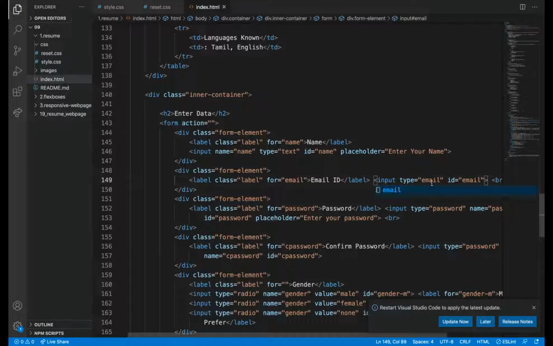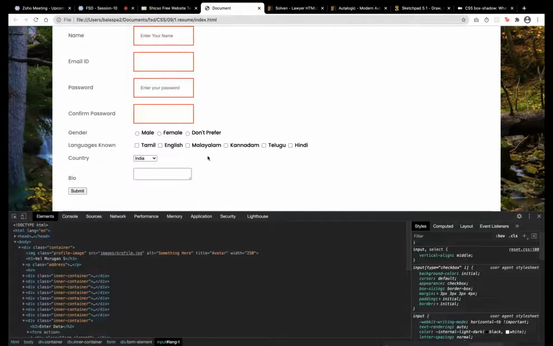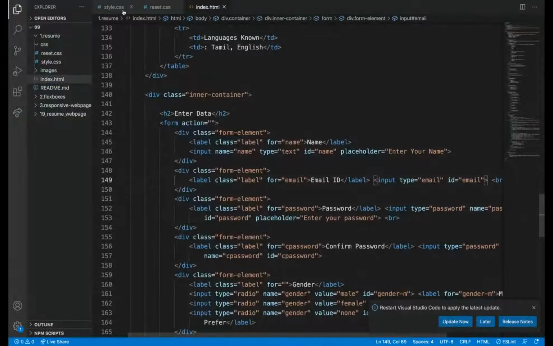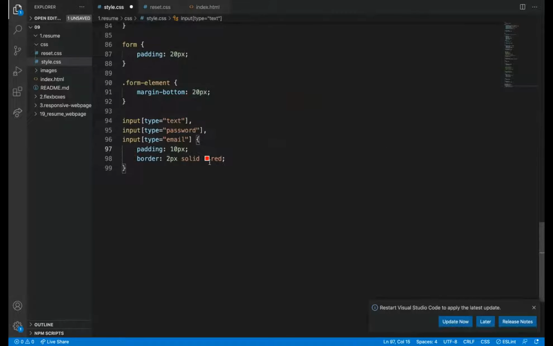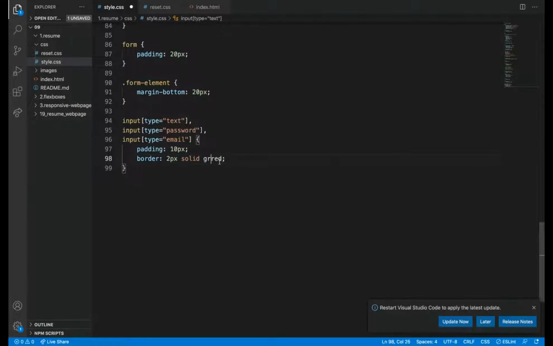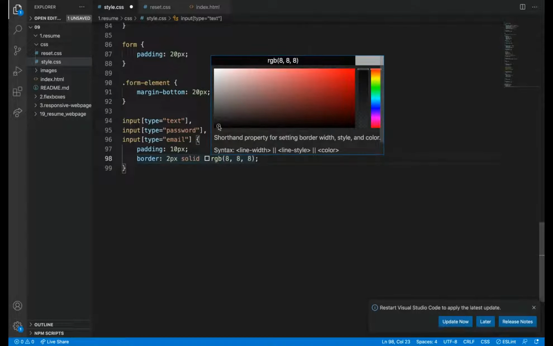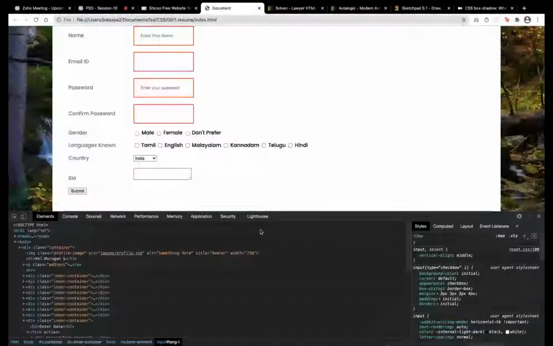Input type equal to email. So it got applied. So we can make it a little bit better, 10 pixel, and then we can go for the gray color itself, kind of a little bit dark color.